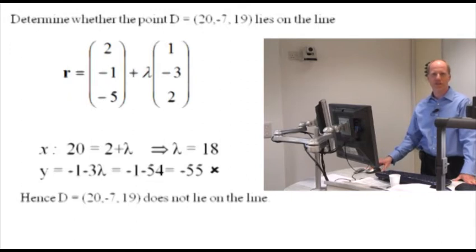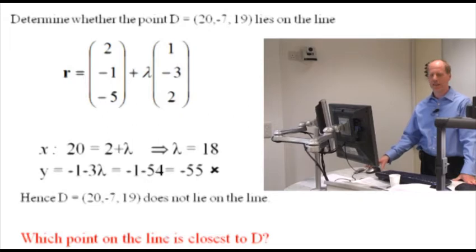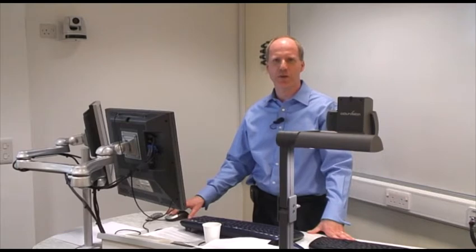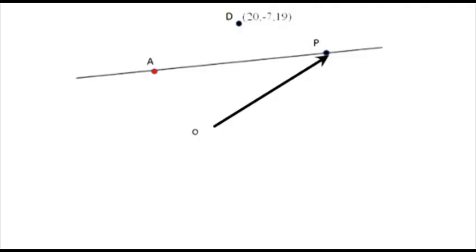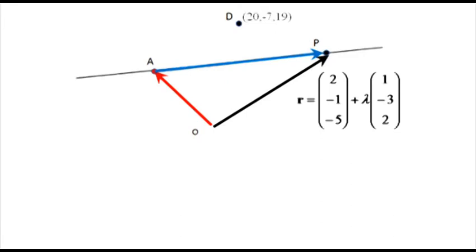So let us answer a second question. Which point on the line is closest to D? To begin, let us consider a general point P on the line, which has position vector given by r equals (2, -5, ...) plus lambda (1, -3, 2). And consider the vector DP from D to this general point. What we need is a criterion for when the length of DP takes its smallest value. If you think carefully about this diagram, you'll see that this occurs when DP is perpendicular to the direction vector